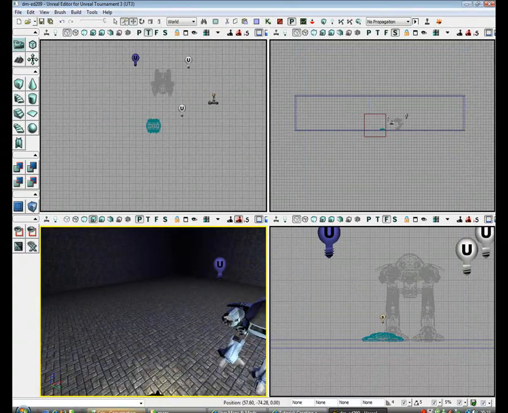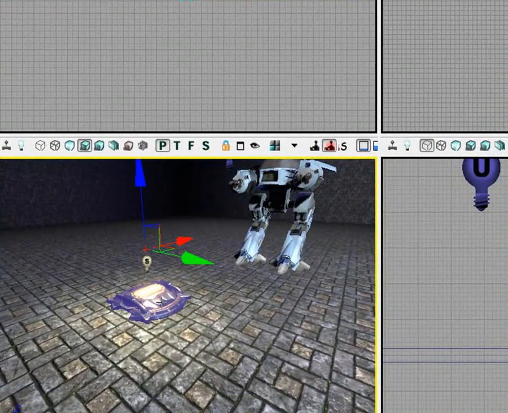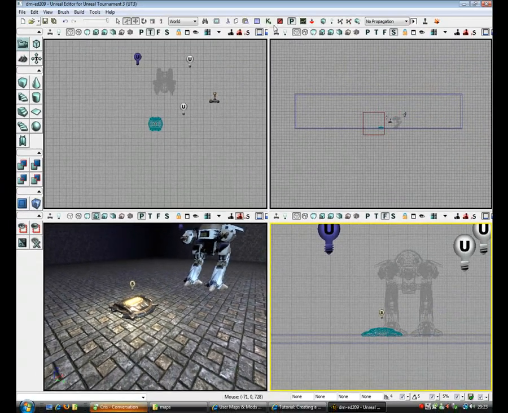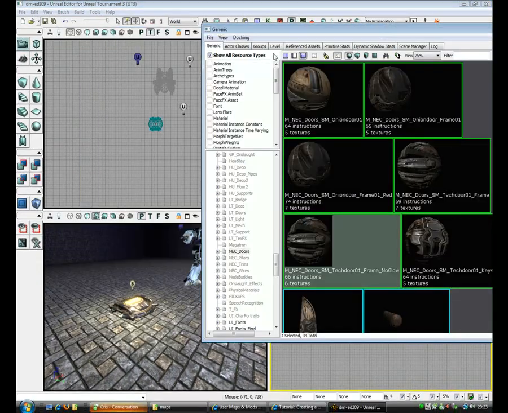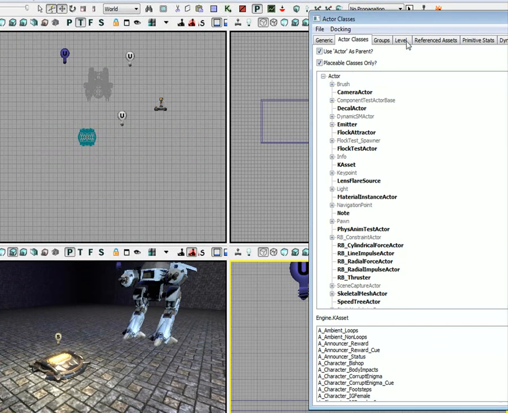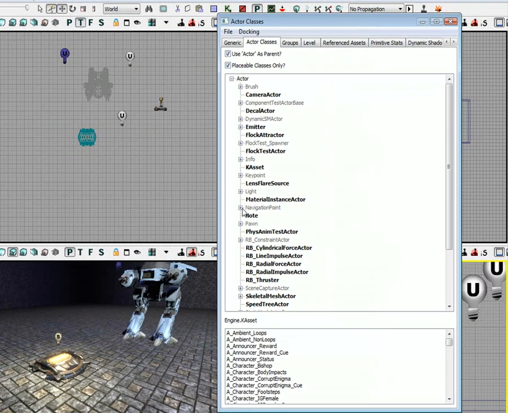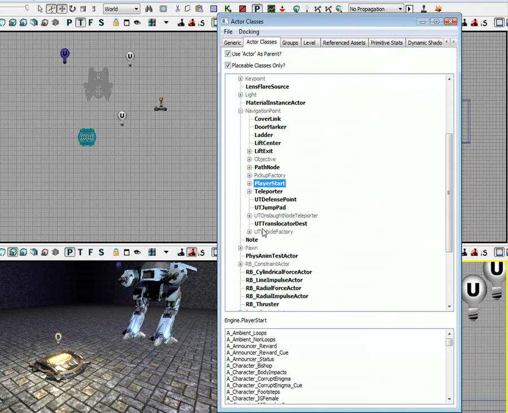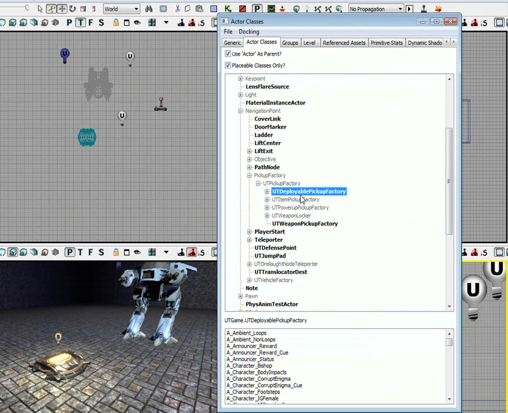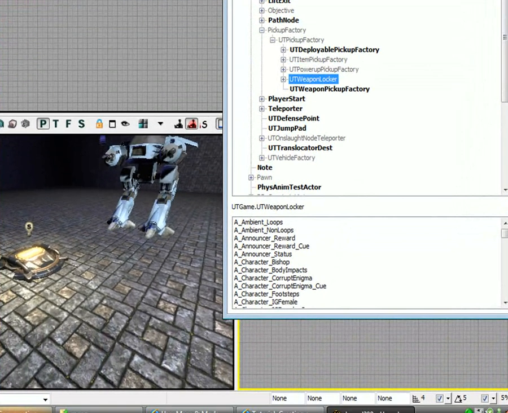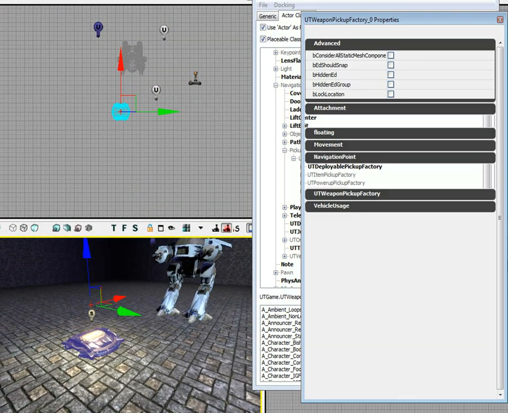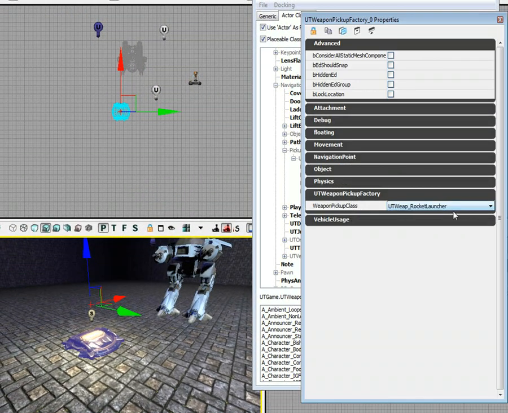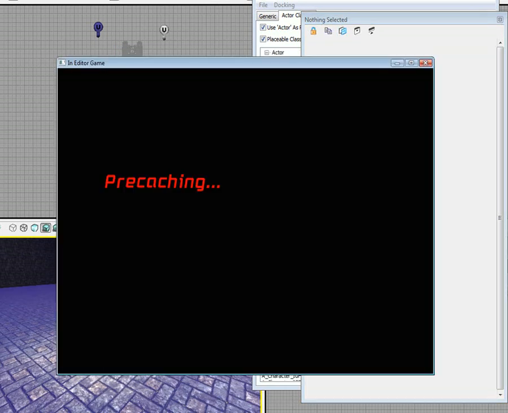Okay, I'm not quite sure if I covered adding a weapon in before, but I'll quickly bring it up. We need to go into our actor classes part of the general browser, navigation point, and then we've got things such as pickup factories, and we can do things like weapon lockers, or we can do just the default weapon pickup factories, and it'll spawn something like this. We can expand the properties and change whatever weapon you want. So I've just changed that to the Redeemer just to show you,